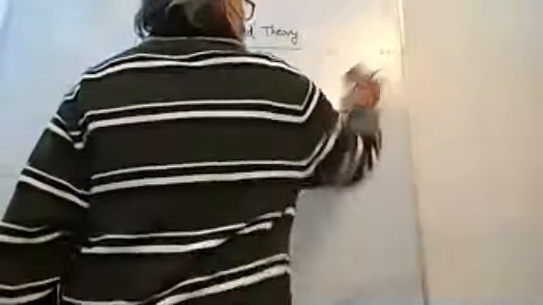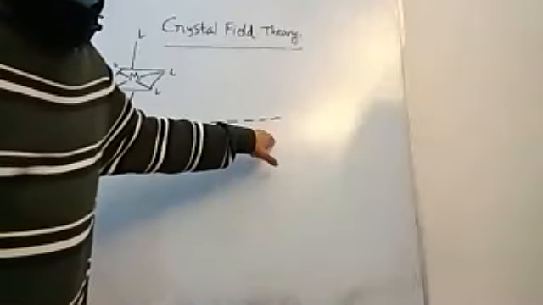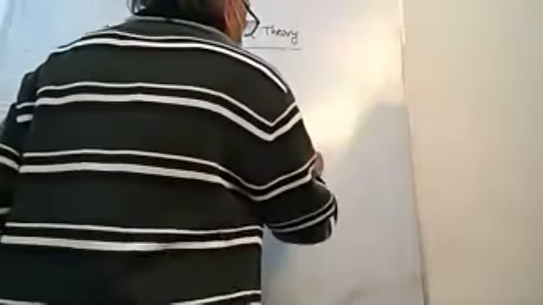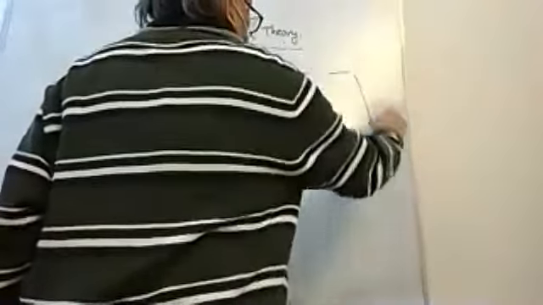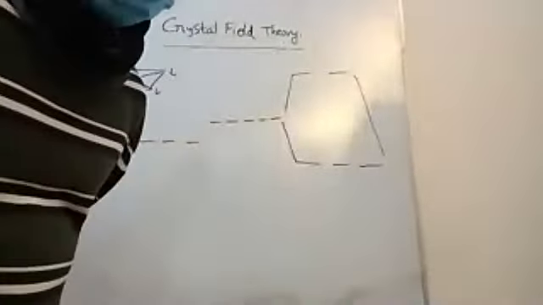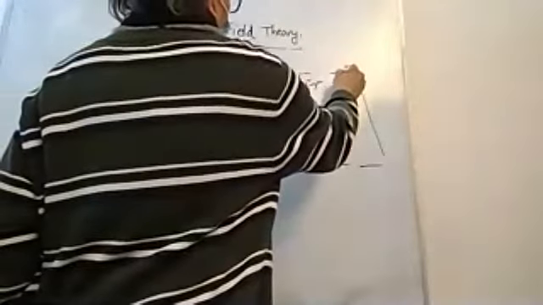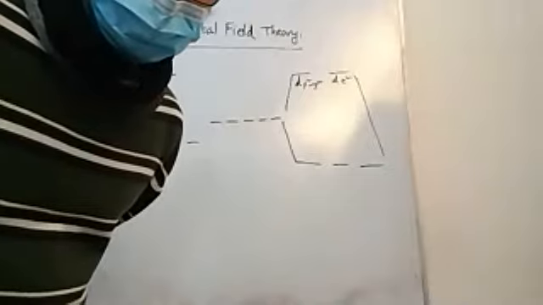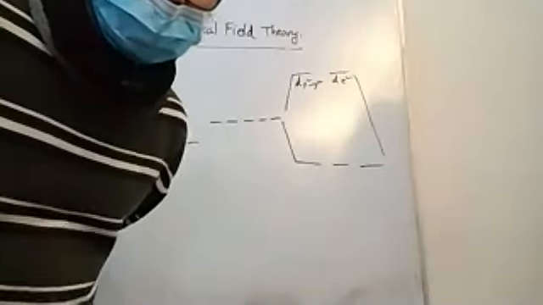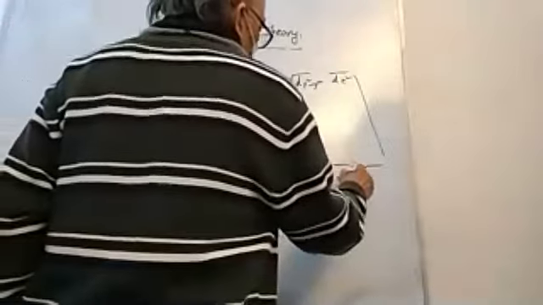As a result, the set of 5 degenerate orbitals now breaks down to 3 down, 2 up. The up are the x squared minus y squared and the dz squared. So in other words, there is a splitting in the energies of the d orbitals. That's what I'm trying to say. And at the bottom we have dxy, dyz, dzx.